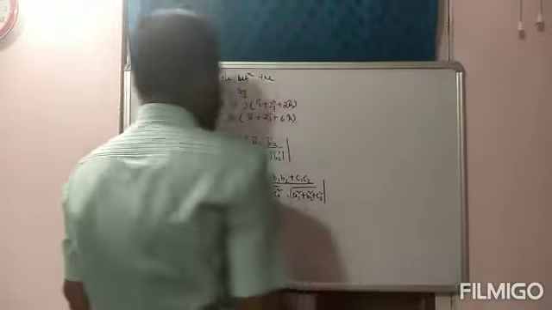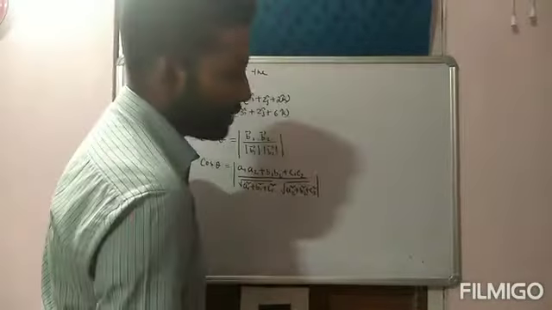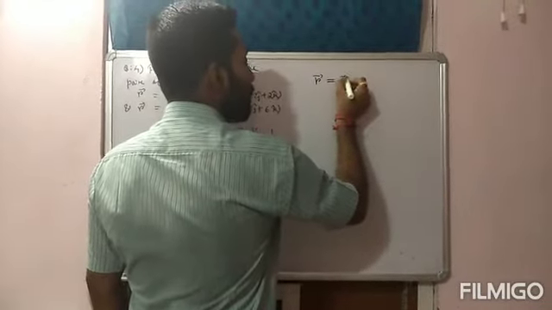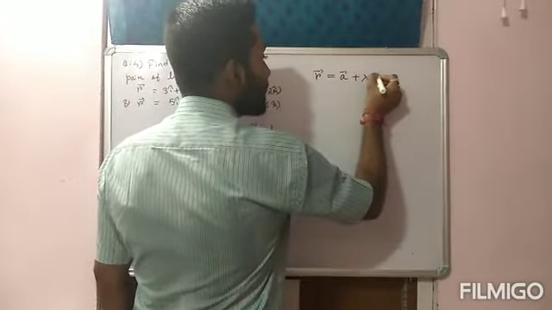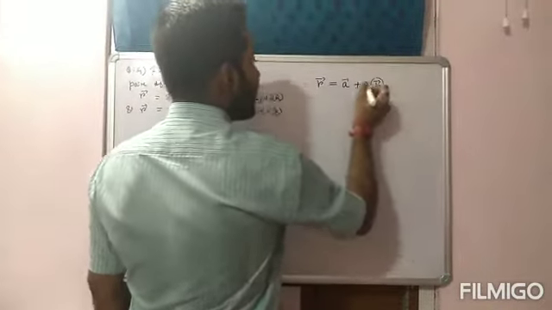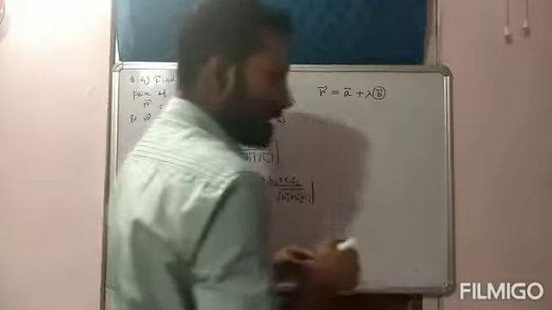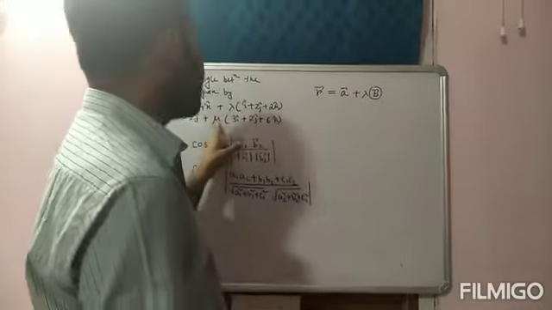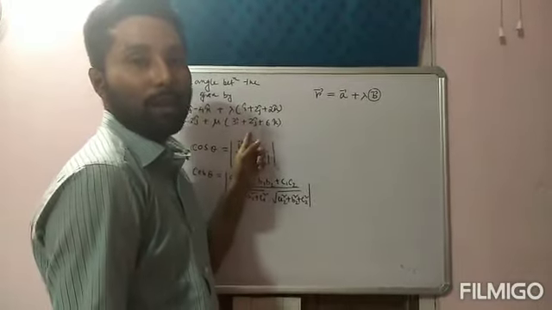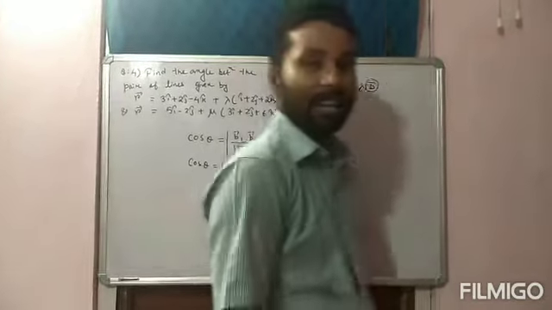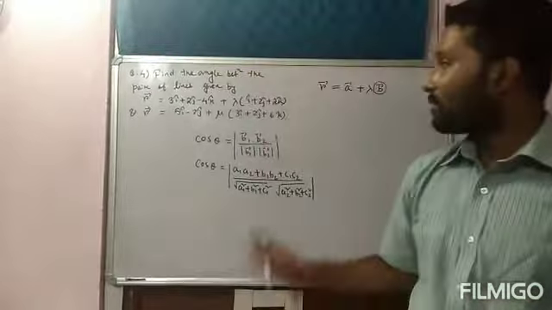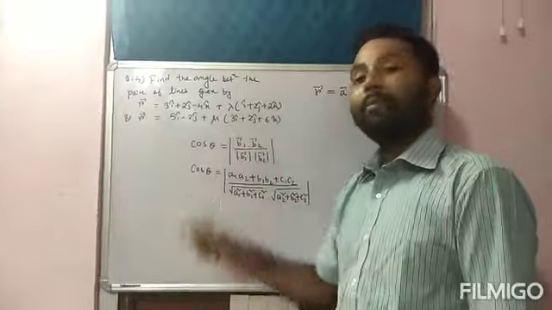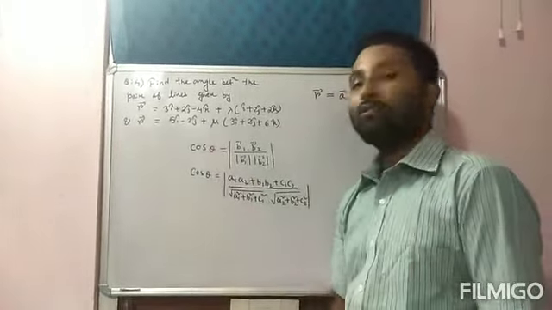Now the question is, which part is b1 and which part is b2? Since we know the vector equation of a line passing through a point is r bar is equal to a bar plus lambda into b bar, that means we can say that the coefficient of lambda is b1, whereas the coefficient of mu is b2. We don't need the value of a bar, right? There is no need for it, so we only need the values of b1 and b2. So b1 means the coefficient of lambda, whereas b2 means the coefficient of mu, okay?